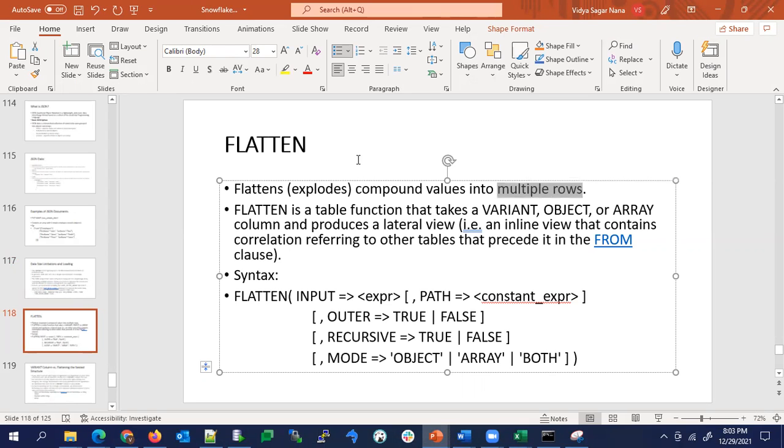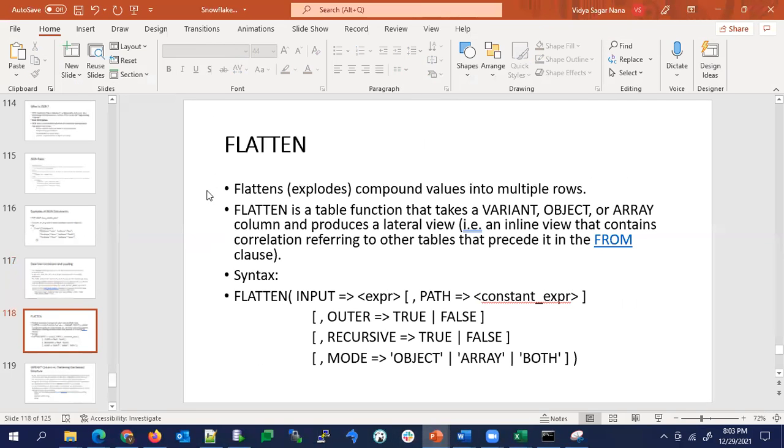It will parse the rows, the strings in the file, and divide them into multiple rows depending upon the data. It is a table function that takes a variant, object or array. The data we use in the JSON file is either a variant data type or object or array columns, and it produces a lateral view.